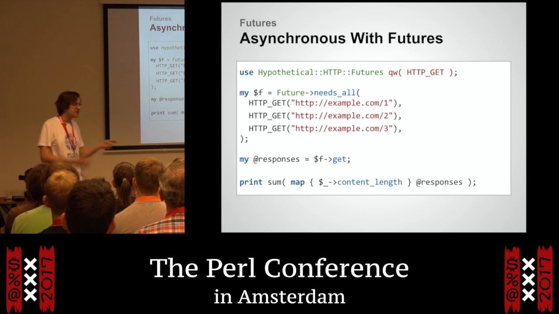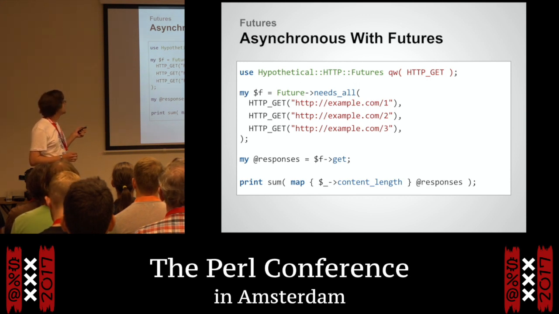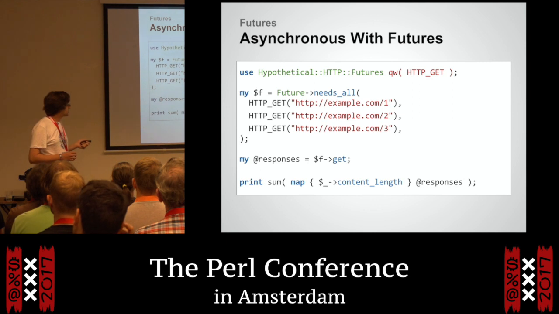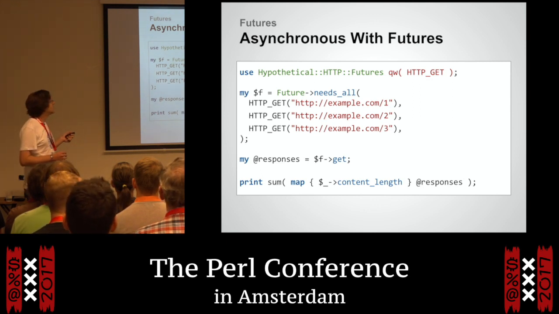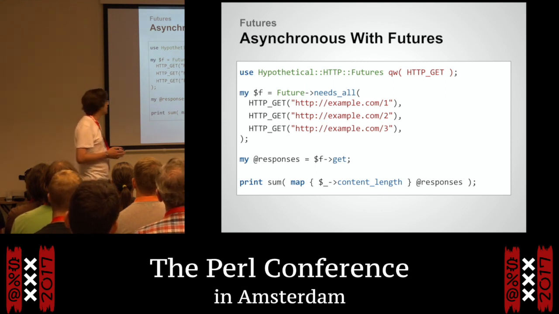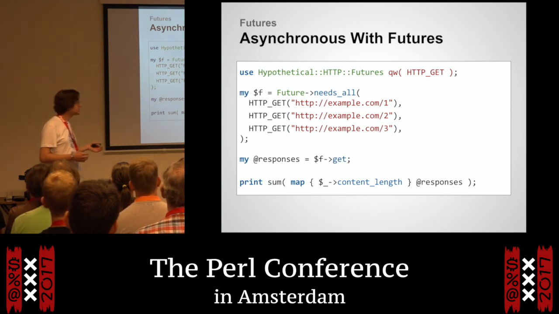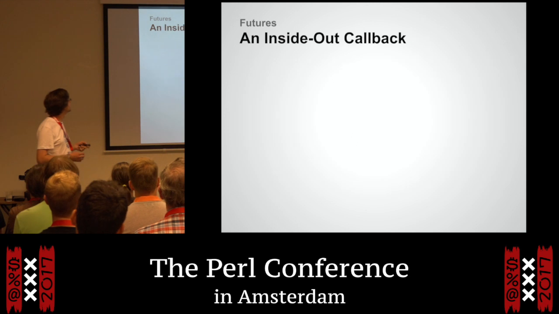Maybe it's going to be synchronous, maybe it's going to do some kind of async thing. We don't know at this point. It all depends on what HTTP-GET does. Doesn't really matter. The point is, we've expressed our intent here very clearly. We've said, we want all of these things to complete. When they do, give me the result of all of them. And we just get the results as a list. And now we can just sum the content length as before. So that starts to look very similar in structure to the first straight line neat code. But suddenly we can do this asynchronous 3 things at once. So we've got our efficiency back. So that's quite nice.